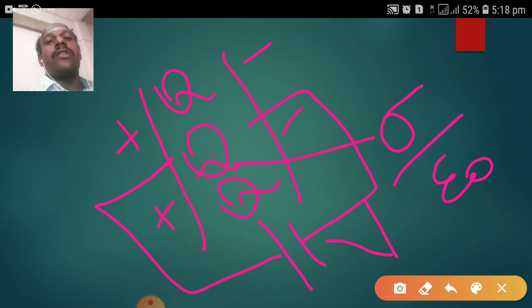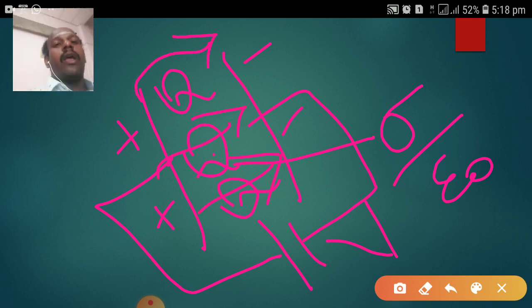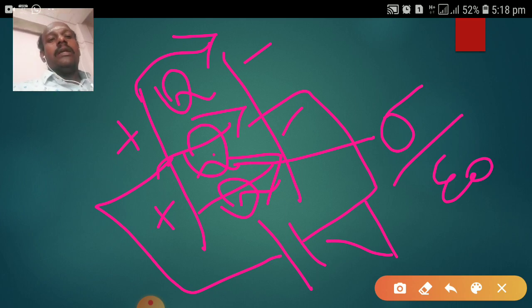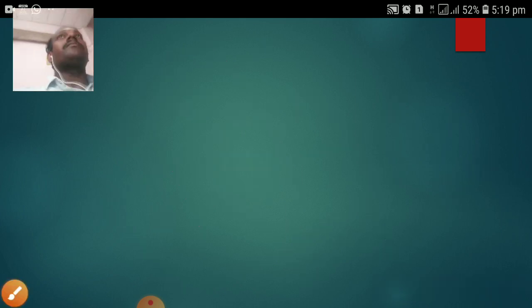The nature of the charge is to move from the positive terminal to the negative terminal. While doing so, a certain work needs to be done to carry the positive charge from the positive terminal to the negative terminal. That work done will be stored in the form of electrical energy. This is what we are going to discuss now.